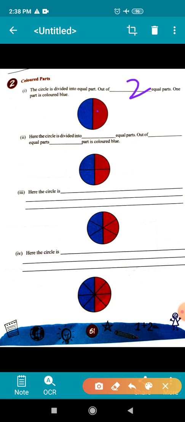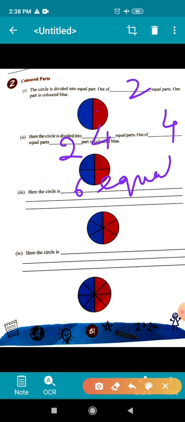Out of 2 equal parts, one part is colored blue. Here in this picture, the circle is divided into how many parts? 4 equal parts, and out of 4 equal parts, 2 parts are blue. Here the circle is divided in 6 equal parts, and out of 6 equal parts, 3 parts are colored with